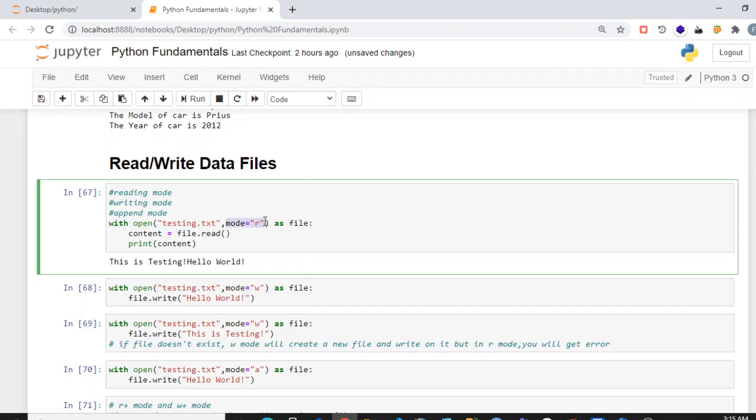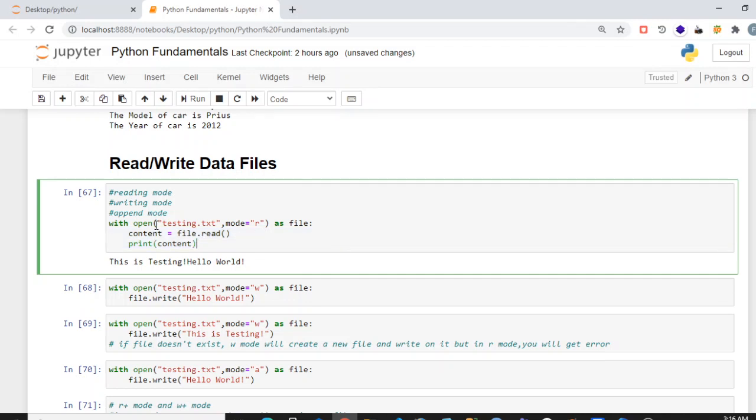There are three major modes in Python: R for reading, W for writing, and A for append. And the file will wrap all this in a variable named file, and you can use this in the further indentation.